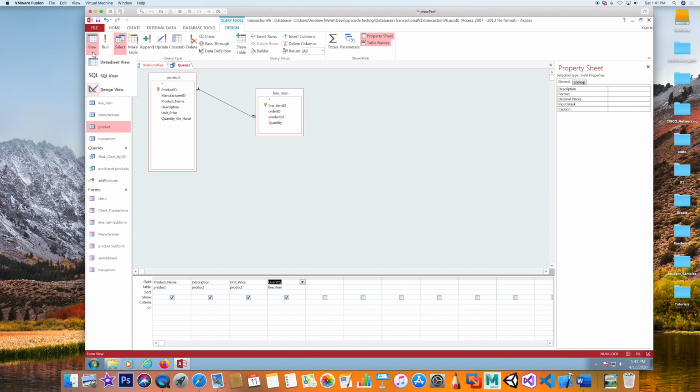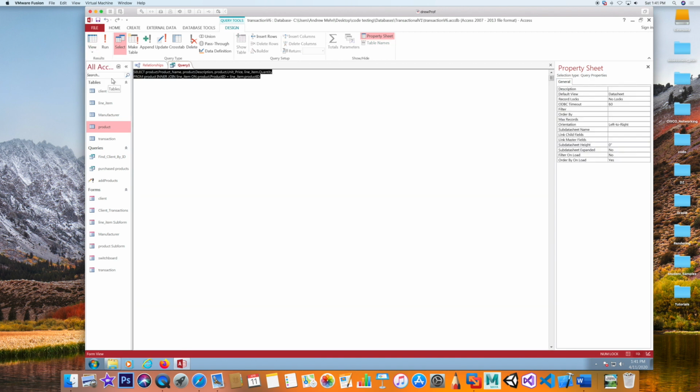A simple query for that is based on a join field. Here you go, join, and you're joining these two with these two fields. One is the product ID in the product table, and the other one is the product ID in the line item table. Fantastic. So now, let's modify this query